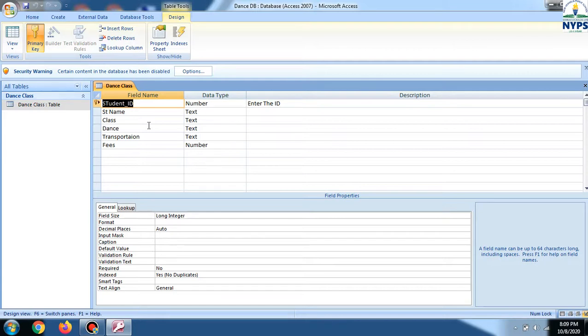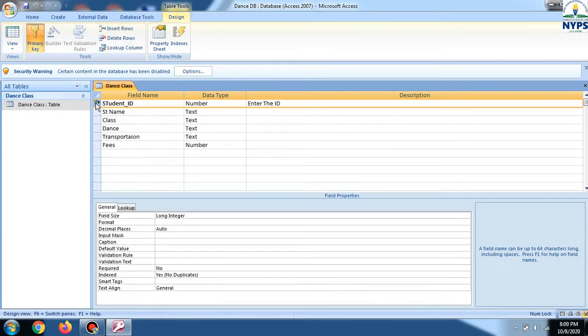So in this table, if we want to select such a type of field which will contain a unique value in each entry, for that purpose we will use primary key. So how to set that primary key? Firstly, select that field which you want to set as a primary key. By default, this ID field is the primary key. So if you want to change, you can change. How to set the primary key or how to remove the primary key?